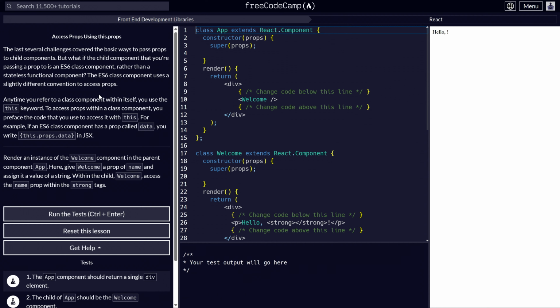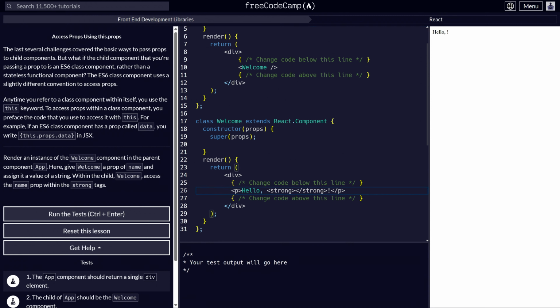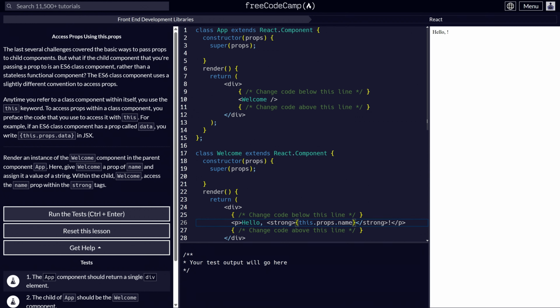Render an instance of welcome component in the app component. Here, give welcome a name prop and assign it a value of string. Within the welcome, access name prop with the strong tags. So here they want us in welcome to access this.props.name, and then